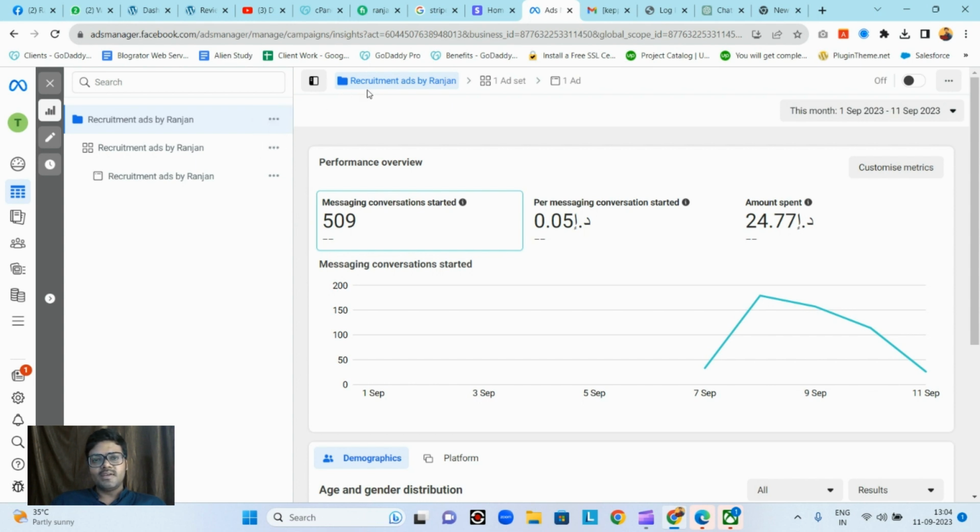So this ad was about the recruitment process, and this was part of one of my gigs, digital marketing agency creation, where we hire talents at very low price, but that is another topic. So here you can see what exactly has happened. In total, he has spent only 24.77 dirhams, that is Dubai currency, and the cost per messaging conversion is only 5 cents, and a total of 509 conversions happened on